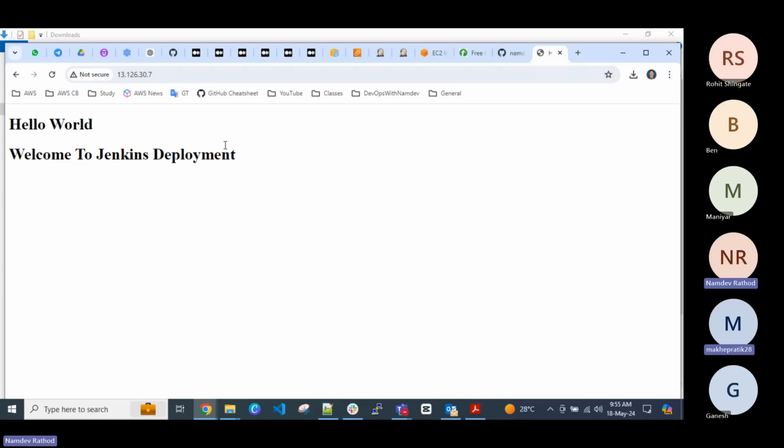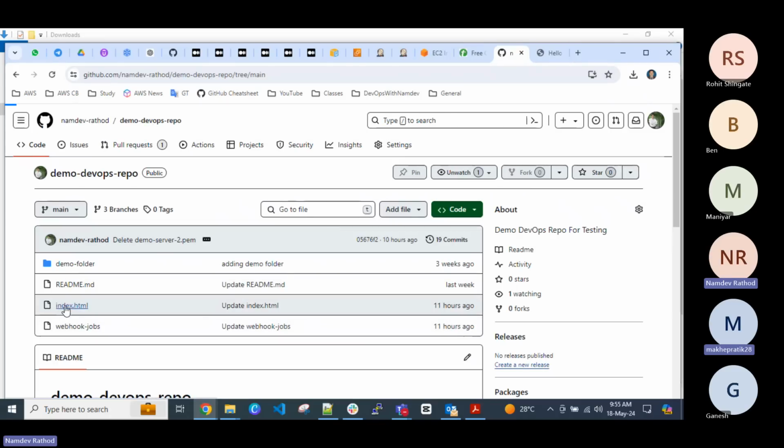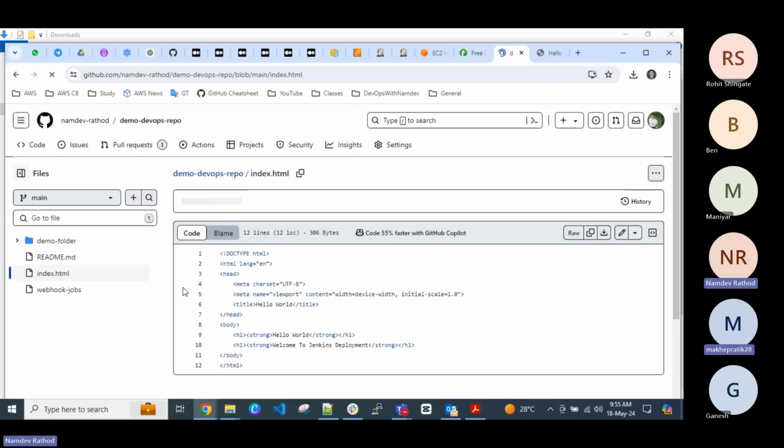Yes. Hello world, welcome to Jenkins deployment. Because in this configuration, in our index.html, we have that sample file: Hello world and welcome to Jenkins. If I try to edit here,